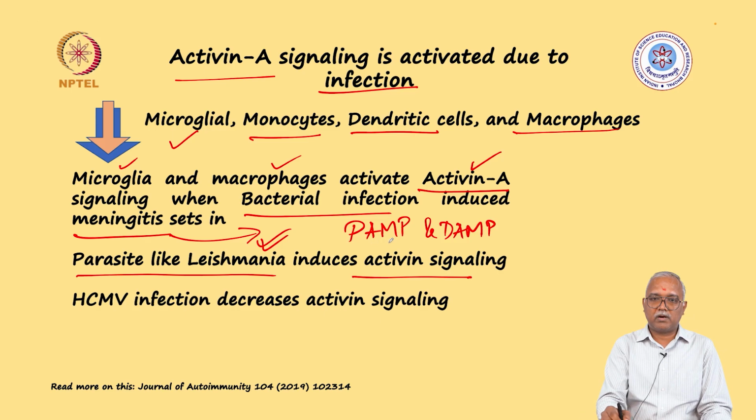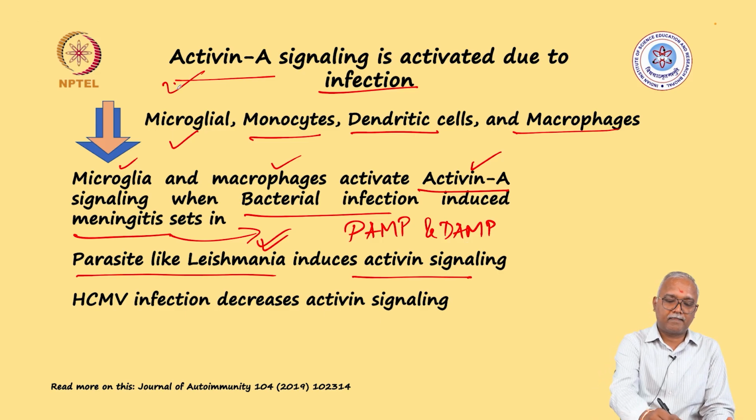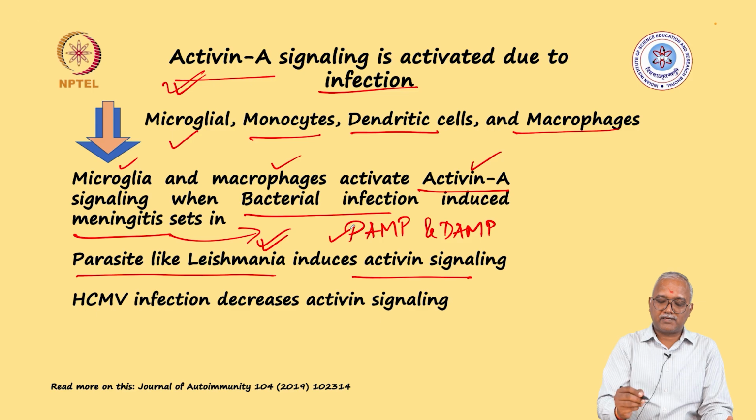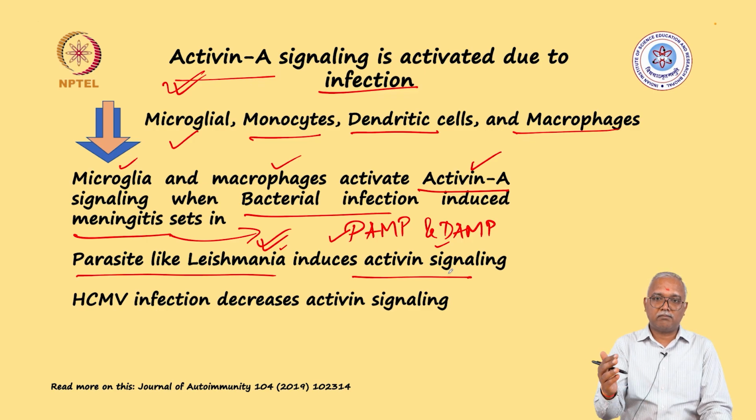Pathogen associated molecular patterns and death associated molecular patterns. So how was the plant responding? Similarly, in case of animals, through activin signaling, when such signals are present from pathogens or because of the infection, if DAMPs are also activated, this signaling is activated, which ensures that the cell responds accordingly by mounting an antipathogen response or undergoing death in response to the DAMP.